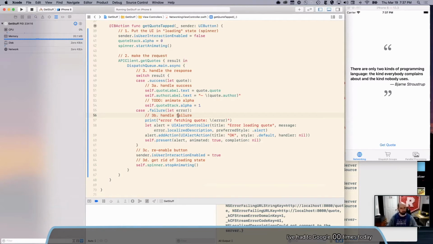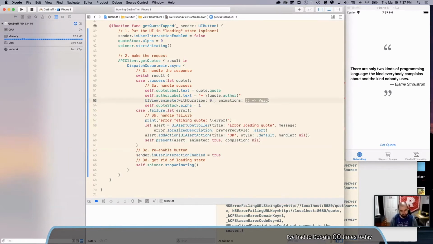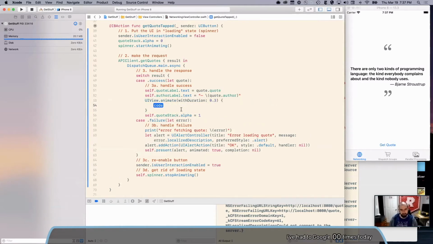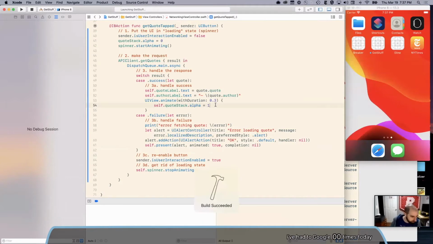Oh, I was going to do the little gravy on top, fade the animation, and we have gotten requests for animation. So just a fun little one-liner here. There's a lot of properties in UIKit that you can just change inside an animation block, and they'll animate, which is cool. So I can just say UIView animate with duration. Let's do 0.3 seconds, which is usually a good default starting point, and then any code I put in here, if the property is animatable, like an alpha or a frame or position or anything like that, it will just animate.